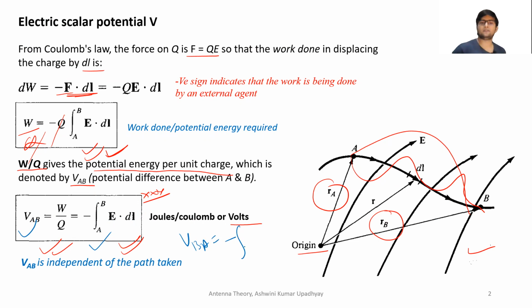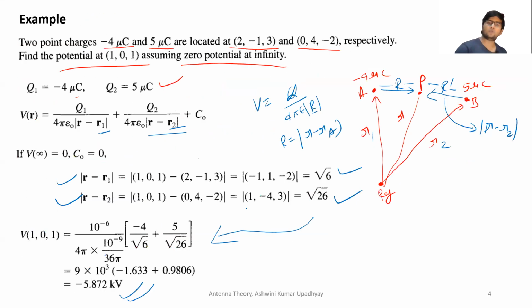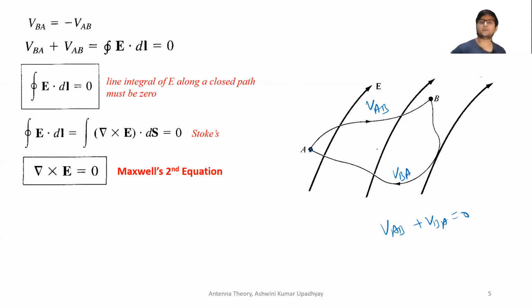It will be nothing but the same integral of E dot dl, but in the other direction, which is from B to A, like this, right? So in the case of this diagram, VBA is given as minus of the integral from B to A of E dot dl, and VAB will be given by minus of the integral from A to B of E dot dl. And since this whole path is actually connected in a closed loop,